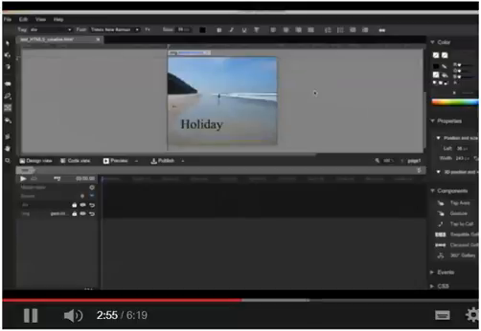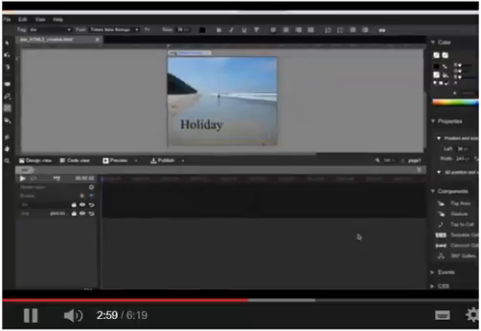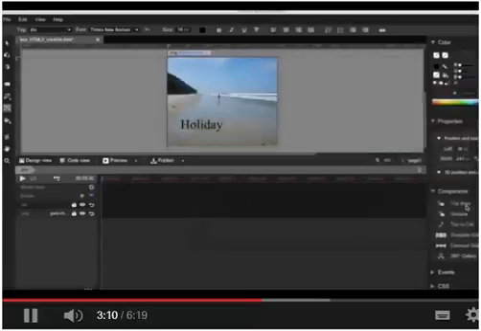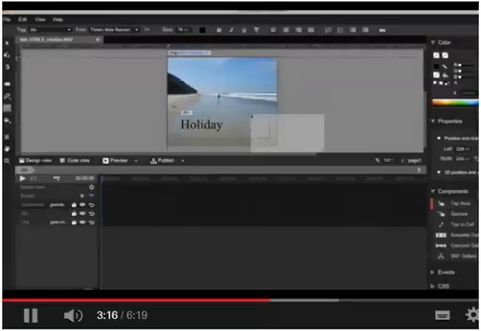Now we'll add in the button and the ClickTag variable. The Components section of Google Web Designer has a number of predefined widgets that allow you to easily create some great effects. Under this section, select Tap Area. Drag that component onto the stage